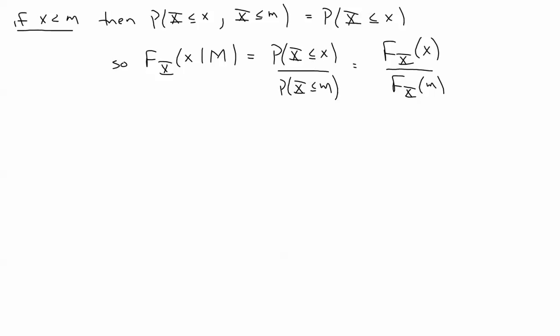All right, my cumulative distribution function for x, conditioned on m in this special case, is the marginal cumulative distribution function for x divided by the marginal cumulative distribution function for x evaluated at the specific point little m. All right, in summary, for this special case,